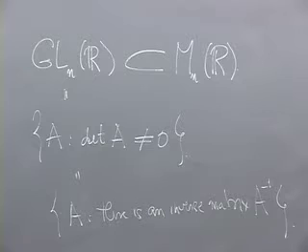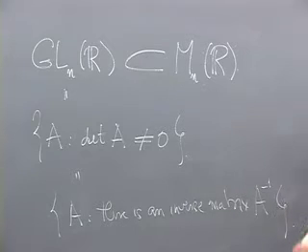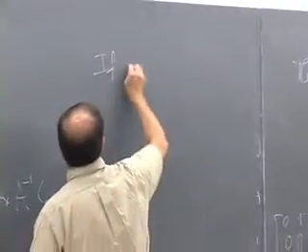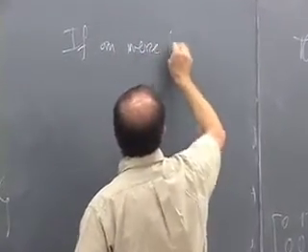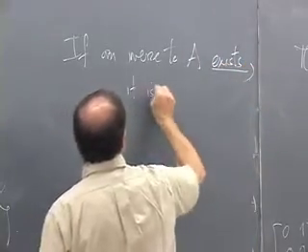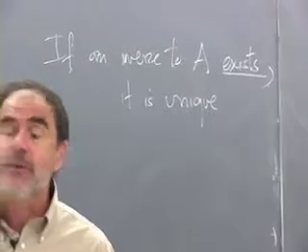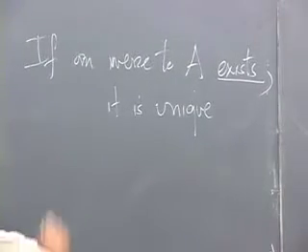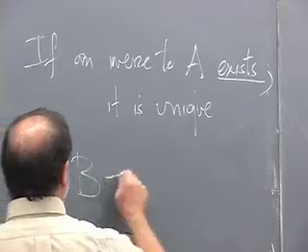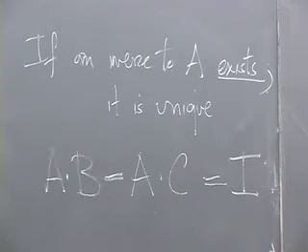By the way, if an inverse exists, it's unique. Let's prove that for ourselves. This, again, is all in Artin's chapter 1. If it exists, it is unique. So one can talk about the inverse of a matrix. There can't be two different matrices that serve as an inverse for a matrix. And the reason is the following. Suppose we had two inverses. So suppose I could say AB is equal to AC, and it's also equal to I. Suppose that were the case. And I want to show B is equal to C.